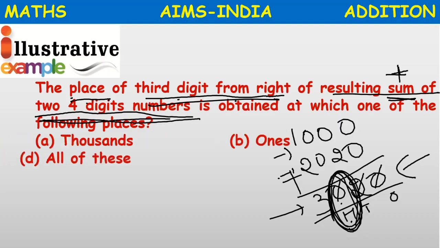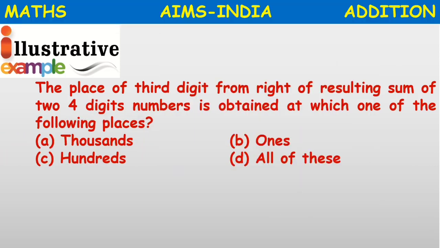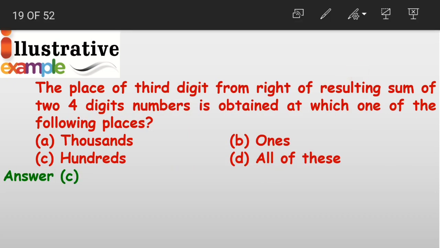Let us look at the options. Option A, thousands. Option B, ones. Option C, hundreds, and option D, all of these. Now, which is the correct answer here? Yes, option C, hundreds. So, no matter when we add two 4-digit numbers or 3-digit numbers, okay, children, or 5-digit numbers,